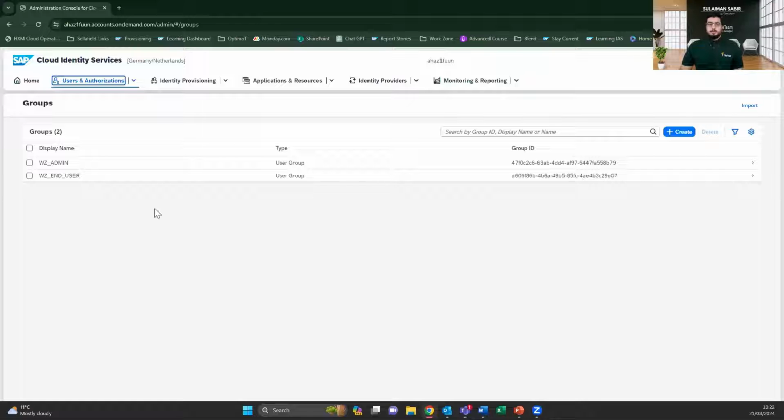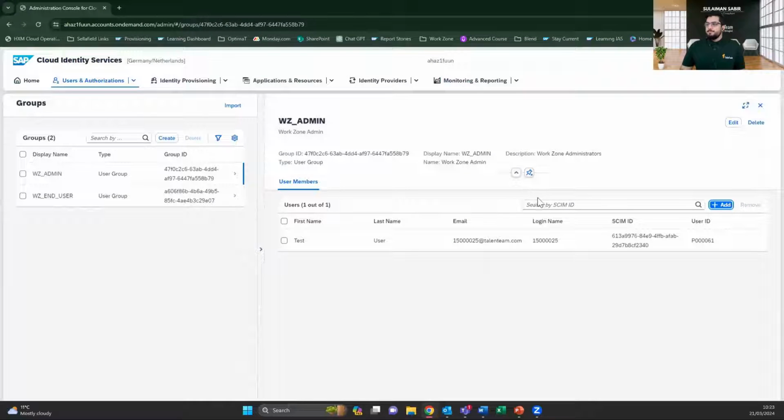So user groups can be created for any application, Work Zone, report stories, SuccessFactors, anything. Essentially these allow you to create groups of users which grant permissions on the fly. So say, for example, within this Work Zone, I've created two groups here, Work Zone admin and Work Zone end user. So if I click this one here,